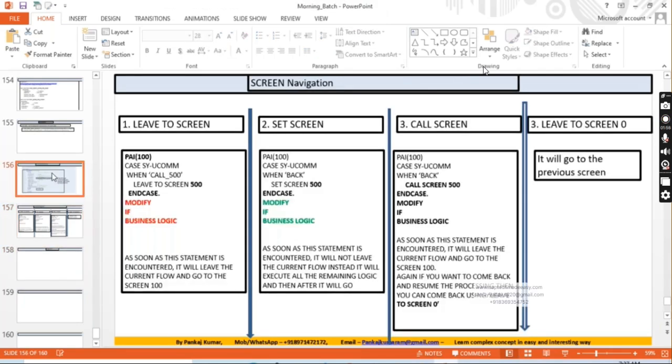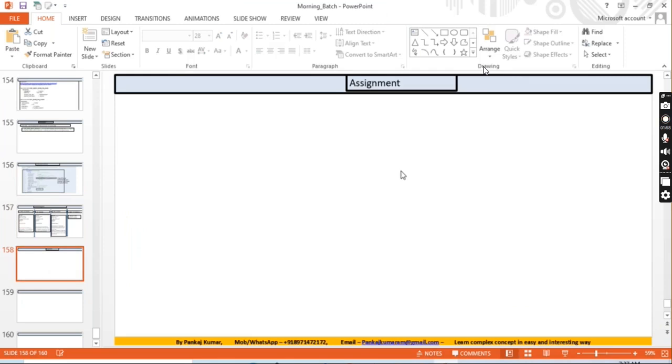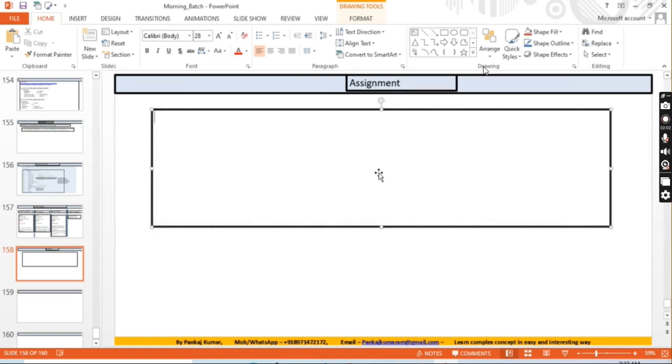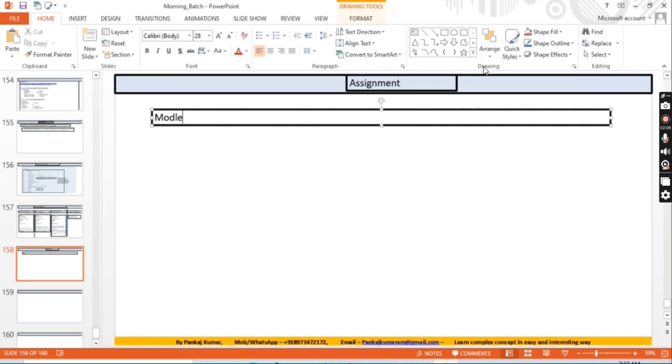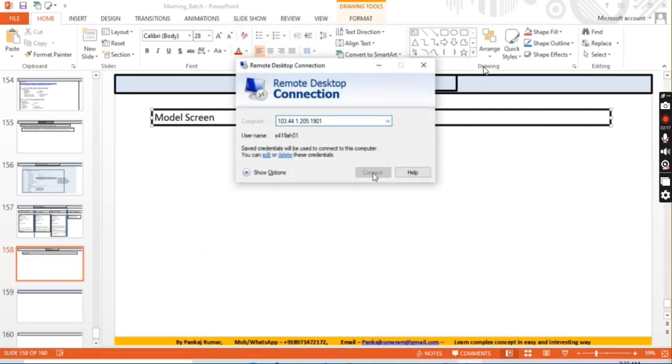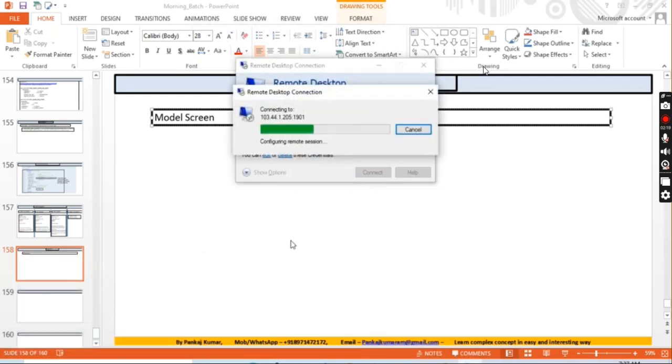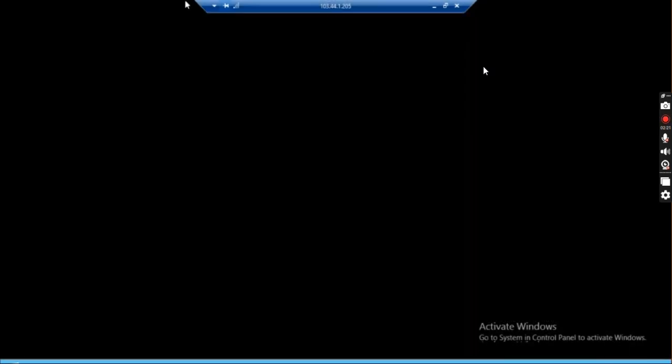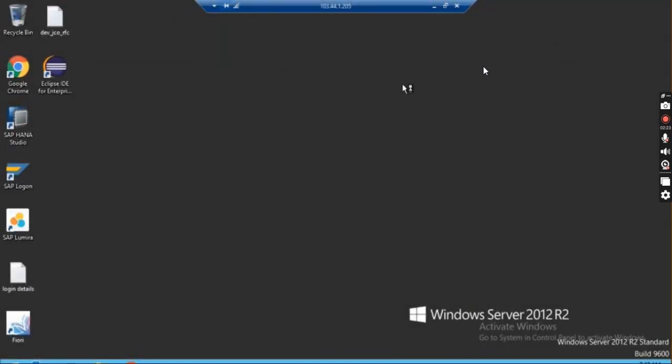And there was one more assignment I have given yesterday about that model dialog, right? Model screen. So let's go to that system. Do you remember that assignment which I have given? Just a second.